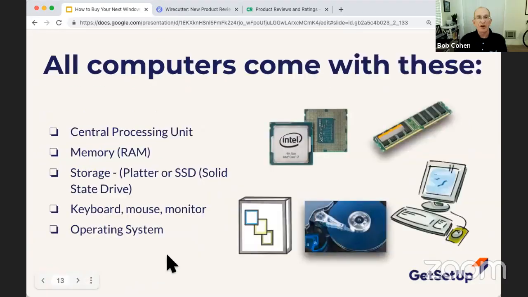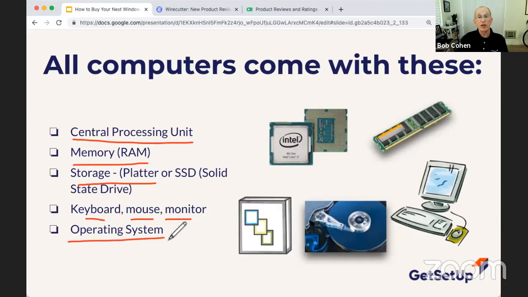Okay. So one of the things that's common with all computers is they come with these components, even tablets do. They might not come with exactly the same thing. Your keyboard and your mouse are your touchscreen on a tablet, but they all come with what's called a central processing unit. They all come with RAM. They all come with a storage device. And then they might have a keyboard, a mouse, and a monitor or display.